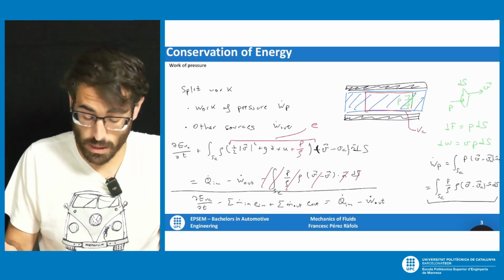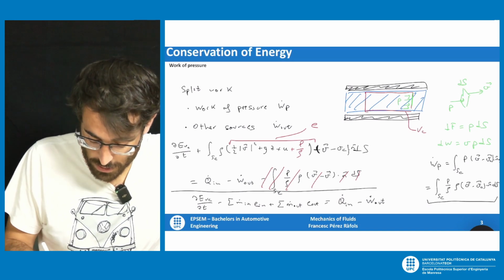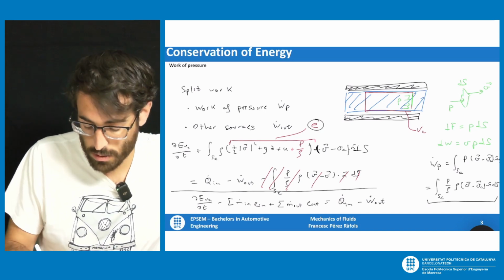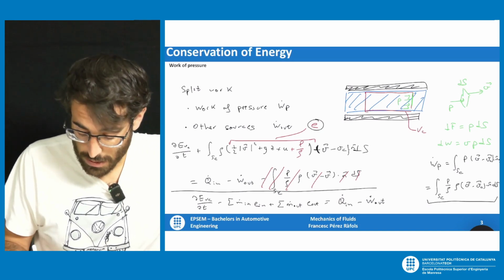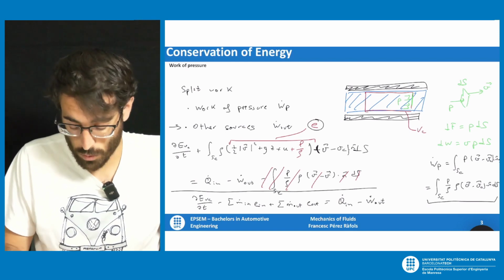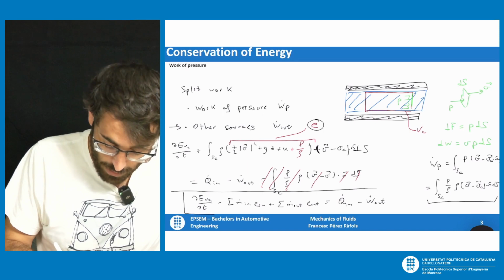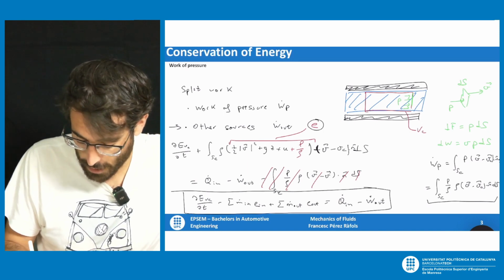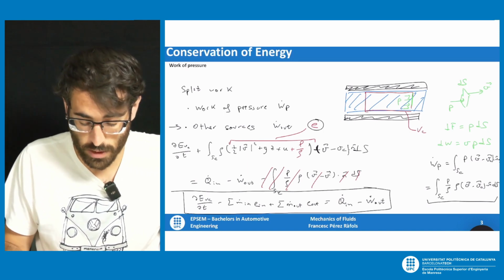So we write it in this manner, but do keep in mind that these E's are actually these ones here, so the ones including pressure, and then the work out is this one here, so the one except for the work of pressure. And this is the equation that we will use the most in terms of energy